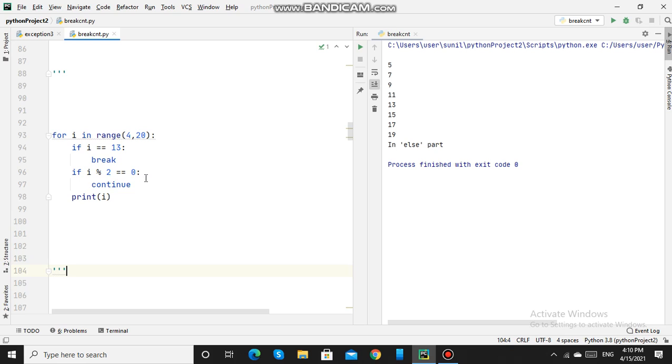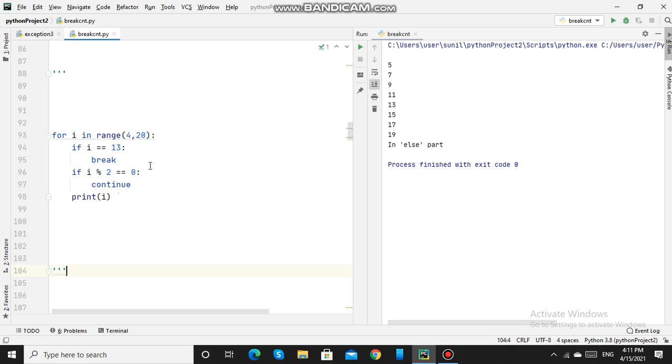That means it will check whether the numbers are even numbers or not. If the numbers are even, this continue statement will be executed and the control will go back to the for loop for the next iteration of i. If it is an odd number, the control will come to this print statement and execute this print statement.